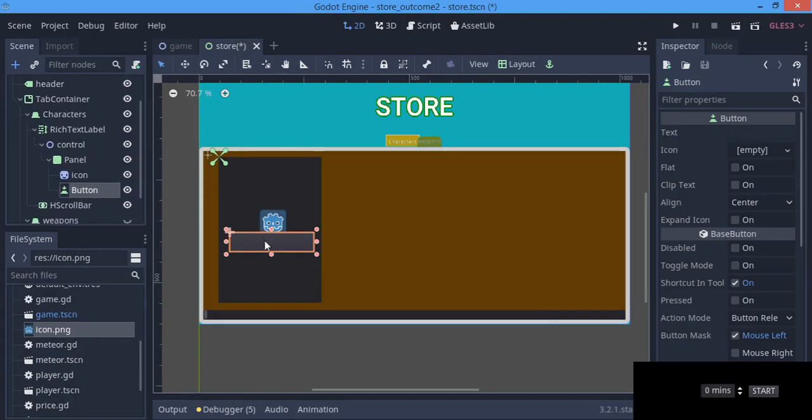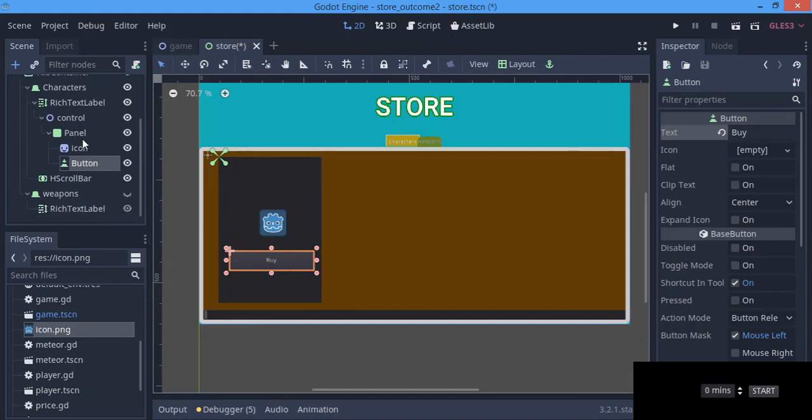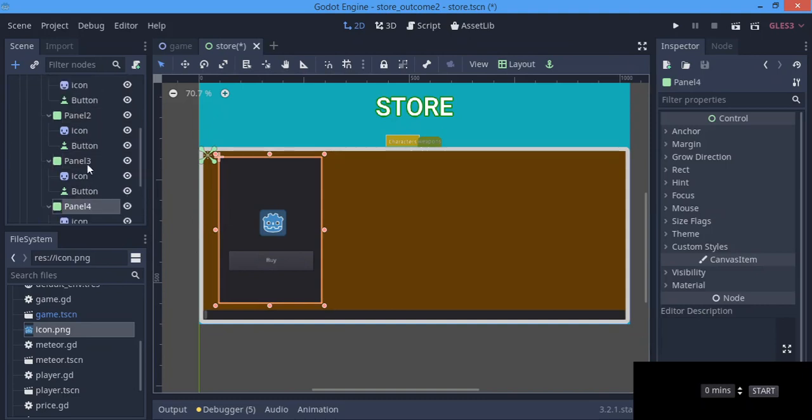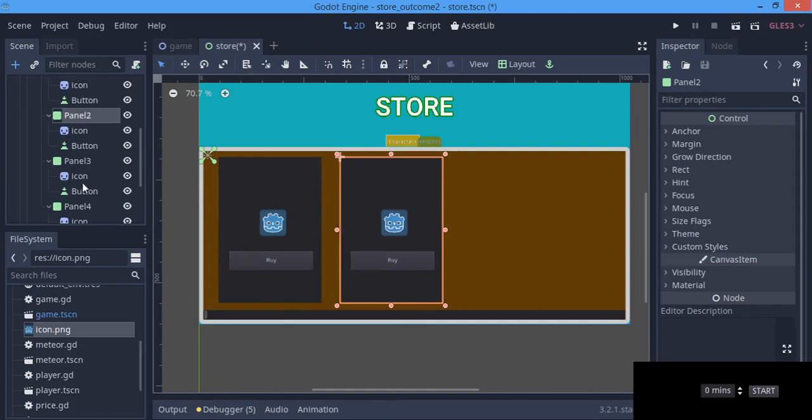Well, I'm not gonna move this button now, but I'm gonna move him later, and you'll see the trick I'm gonna use. So I'm gonna name this guy buy. Though we're not buying this character, but I'll show you in the next tutorial why we're using this buy, because in the code we'll actually be having some things to do with this buy. Okay, then again in the panel, nothing else, so we're gonna just duplicate this guy. And since we have only three characters,